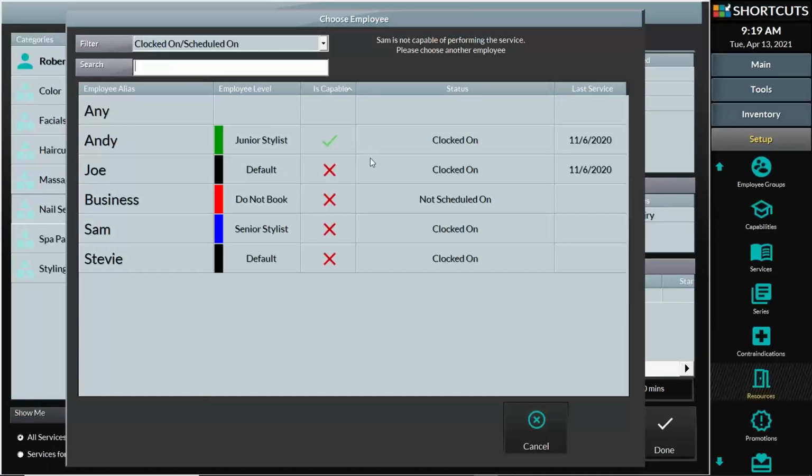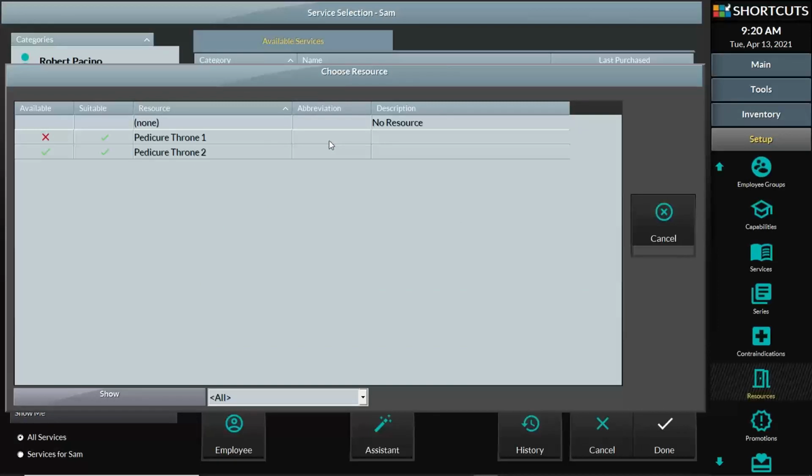So you'll notice for Robert, as soon as I chose the pedicure, Shortcuts gave me another clash. Now this has nothing to do with resources. This has to do with capabilities. Andy is the only person on my staff that knows how to do nail services. And I just tried to book this service with a different employee. So Shortcuts will warn me, hey, Joe's not supposed to do this. Andy is available. I can see the green check mark next to his name. So I should choose him. However,